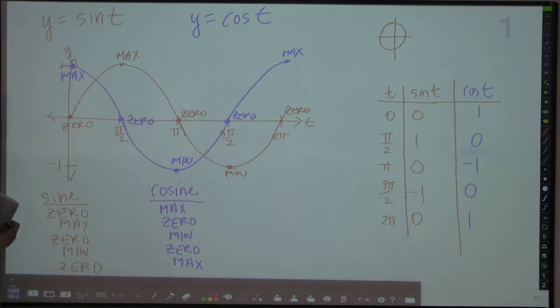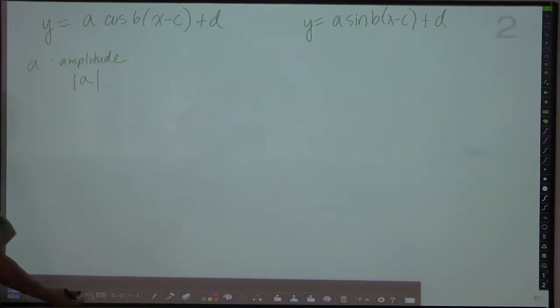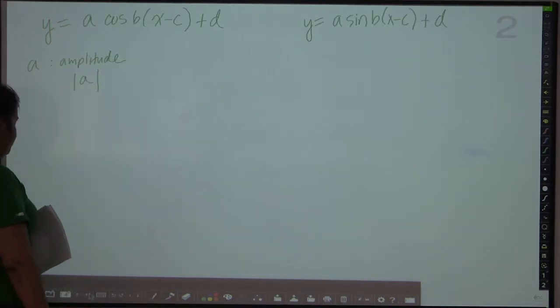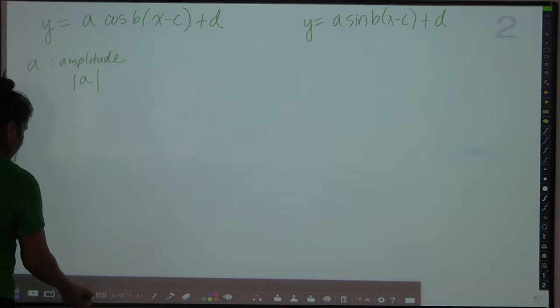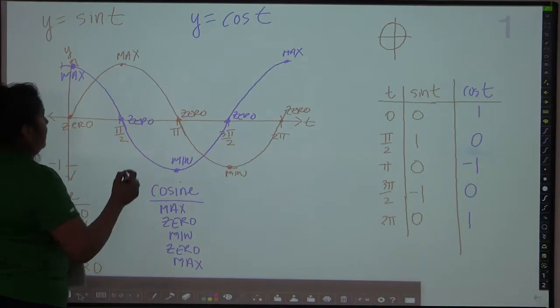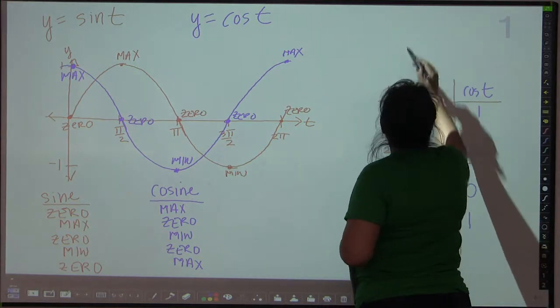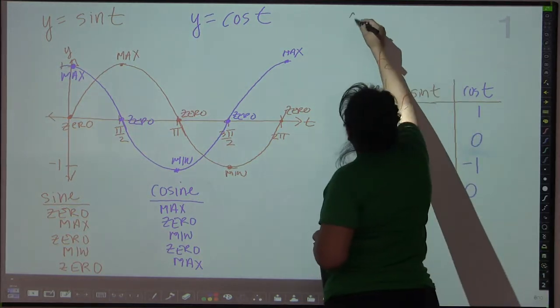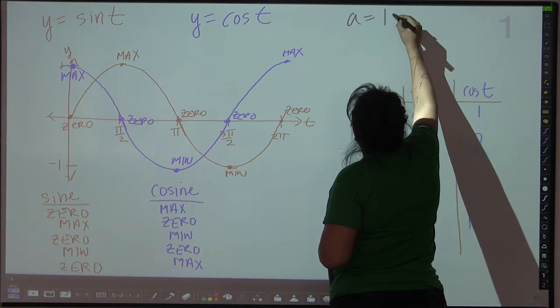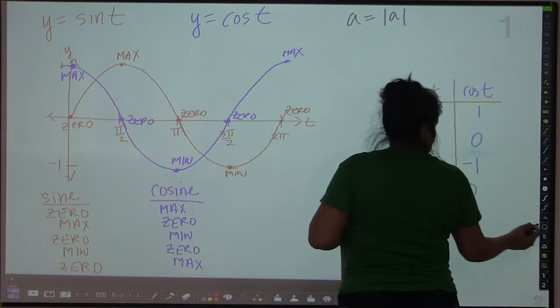So it would be 1. So that's amplitude. That's what amplitude stands for. So I want to say for over here that the amplitude of both of these functions is going to be, just going to write it in here, amplitude is the absolute value of A,